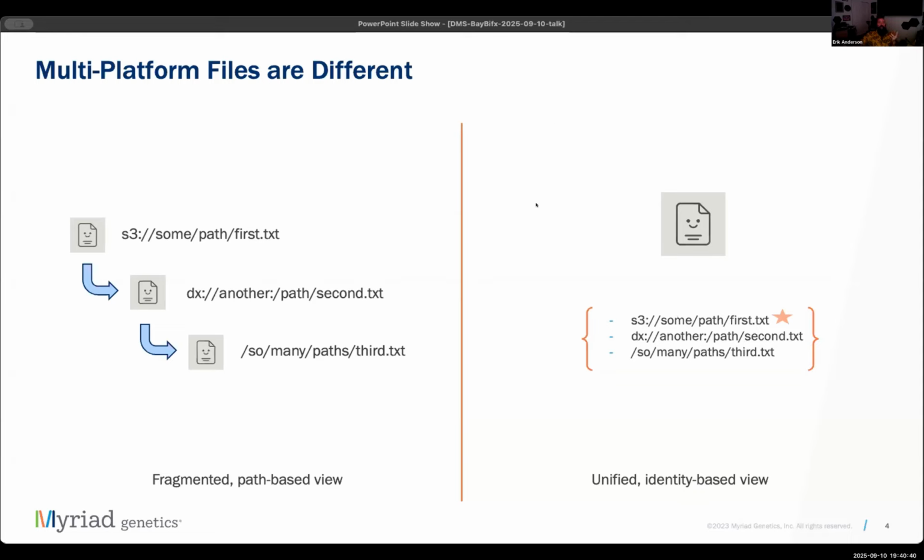So we see here, a file's identity includes all of the different places it might be copied to. And in this case, we treat the S3 file location as definitive or primary, where the others are considered copies. This shift in perspective lets us eliminate redundancy by recognizing duplication no matter where it lives. We treat transfers as replications instead of mutations, so integrity can be verified at transfer simply and directly. And we are able to differentiate natively between losing a copy and losing the data itself, a critical distinction for compliance and audit.